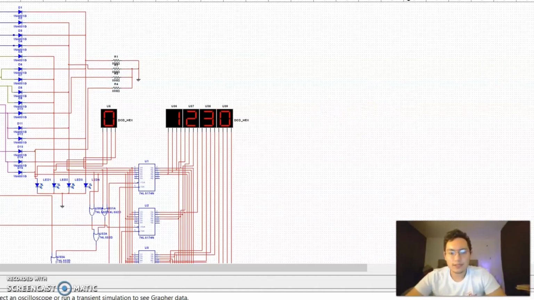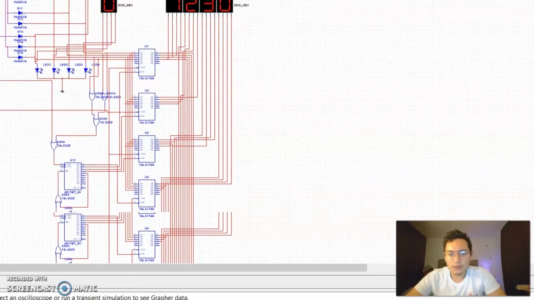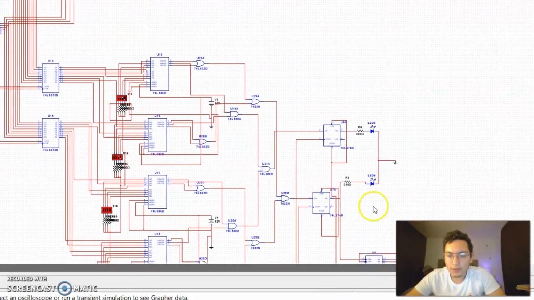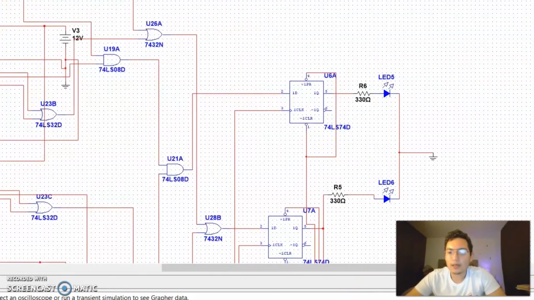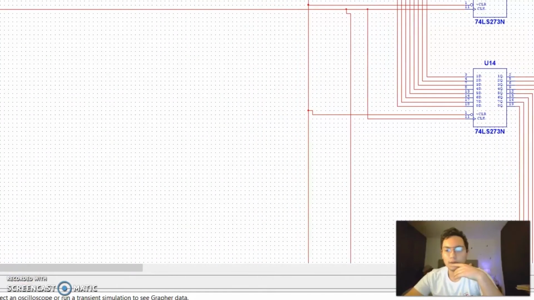So it's like that. And if we come, there's not going to happen anything here because I don't type the space. But when I type the space, it's going to be on the red light, because this is connected